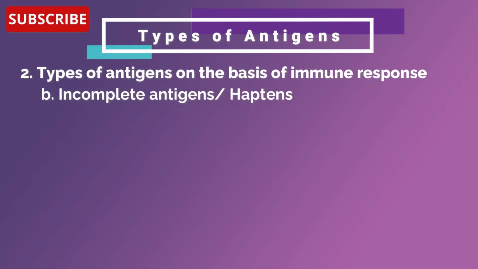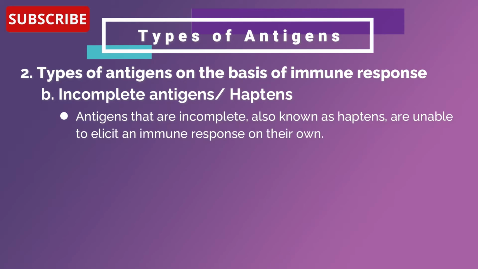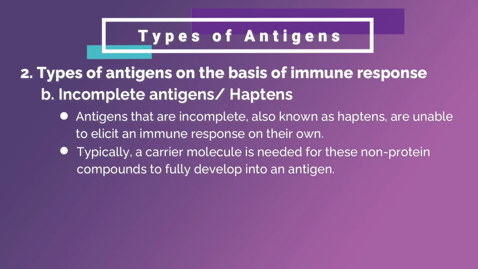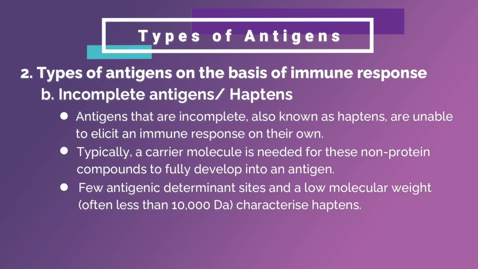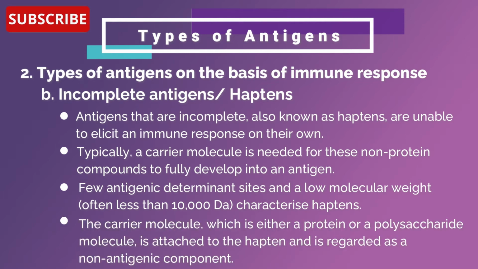Second, incomplete antigens, which are haptens. Antigens that are incomplete, also known as haptens, are unable to elicit an immune response on their own. Typically, a carrier molecule is needed for these non-protein compounds to fully develop into an antigen. Few antigenic determinant sites and a low molecular weight, often less than 10,000 daltons, characterize haptens. The carrier molecule, which is either a protein or a polysaccharide molecule, is attached to the hapten and is regarded